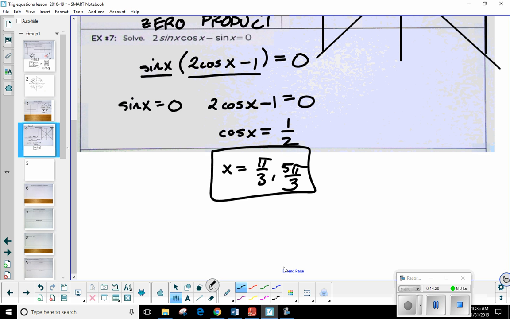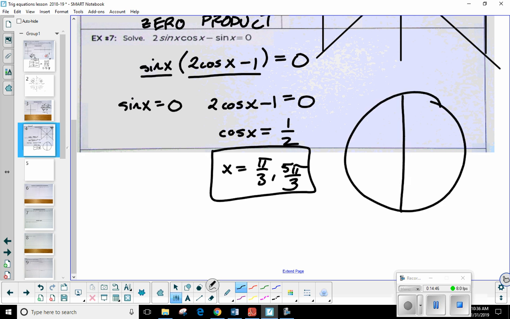Okay. But what about sine of x equals 0? What quadrant would I put the triangles in? There we go. Because see, here's the thing. If I did go ahead and look at that as a ratio, it's always opposite over hypotenuse, right, for sine? Well, that means your triangle, one side would have length what? 0. So Christian's absolutely right. It's a quadrantal. So just think about the unit circle. Okay. You've got 4 possibilities. 0, pi over 2, pi, and then 3 pi over 2. So if you're not able to draw a triangle, it has to be a